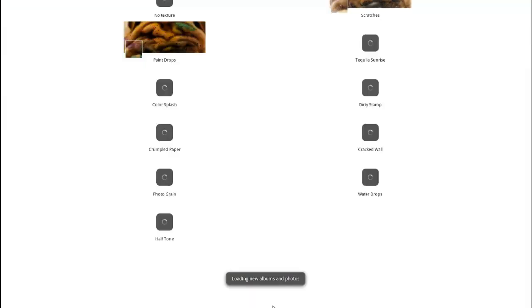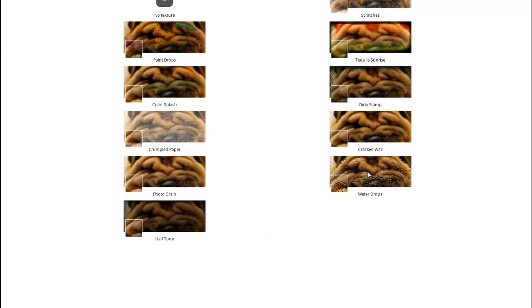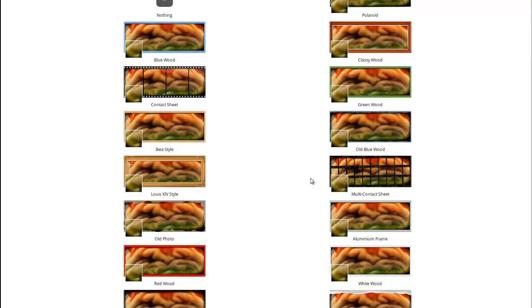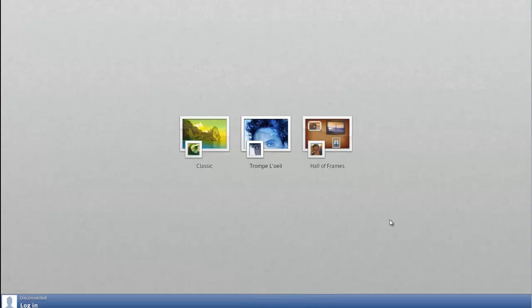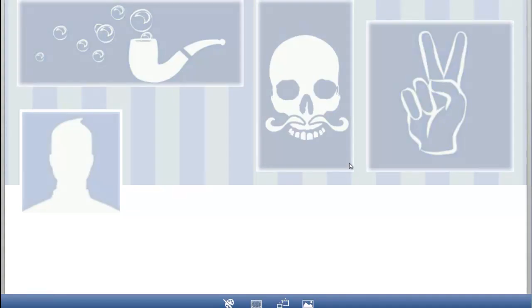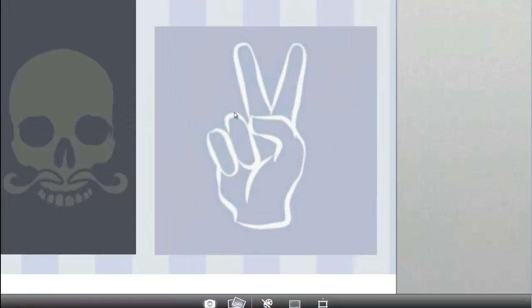As with the previous template, you get to apply all sorts of effects. We're using all the effects and textures and border types and layouts they have. You can go up to over 6 million different combinations, so quite enough for you to create the Facebook cover photo you want. The last part is the Hall of Frames one, where you select